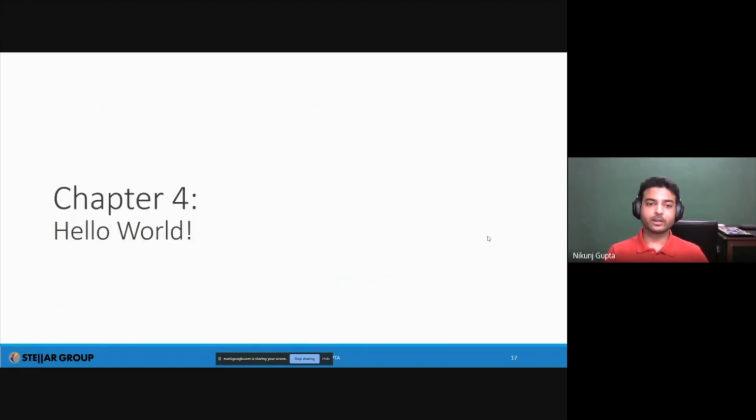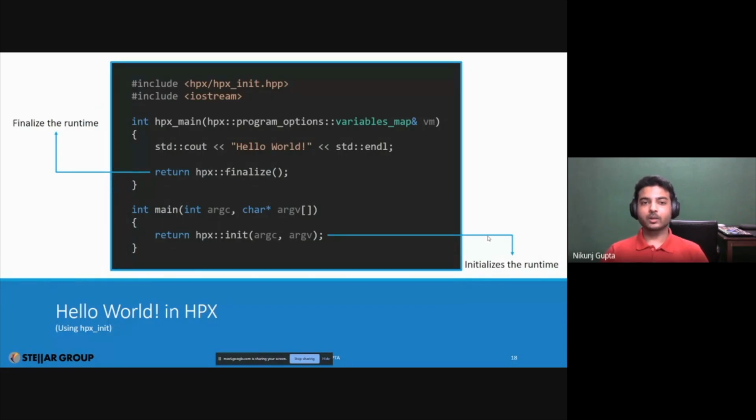So anyway, hello world. The hello world in HPX is actually very simple. All you do is you initialize HPX, the runtime system, and the default entry point for the runtime is hpx_main. Within hpx_main, you can use all sorts of HPX facilities. You can use futures for tasking. You can use other HPX facilities I've been telling you about, for example, vectors, and whatnot. And yeah, that's how simple it is.